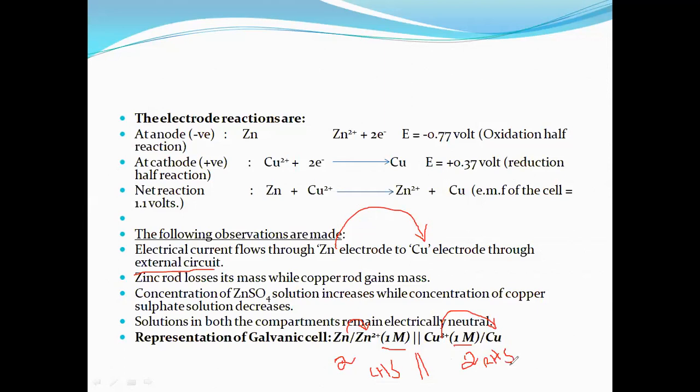Now the question is how we can identify oxidation and reduction. Increasing oxidation state is oxidation. Decreasing oxidation state is reduction. Left hand side is the oxidation reaction and the right hand side is the reduction reaction. The net cell reaction can be identified like this, and it is about the electrochemical cell reaction, or the construction of the galvanic cell. This question is asked frequently in your previous examinations, for 7 to 8 marks.